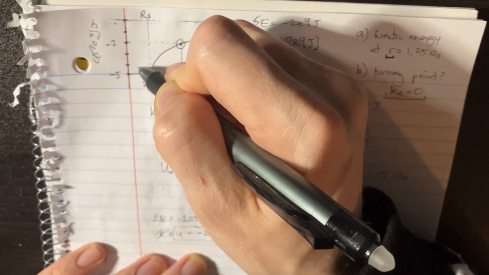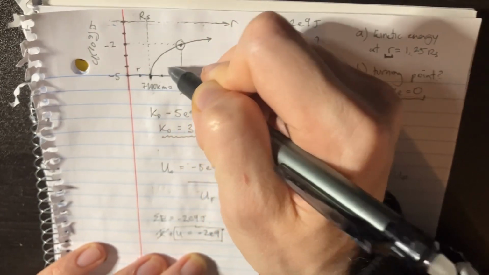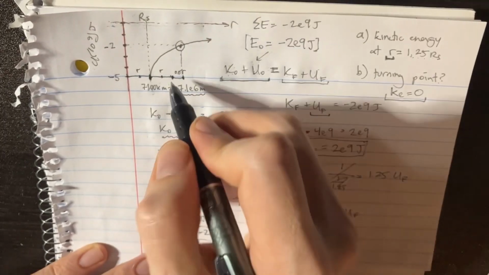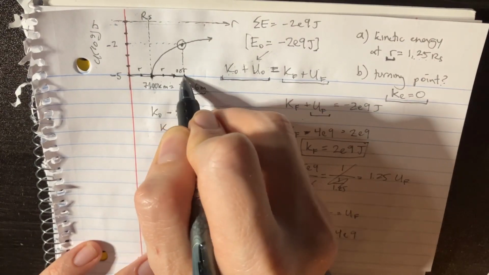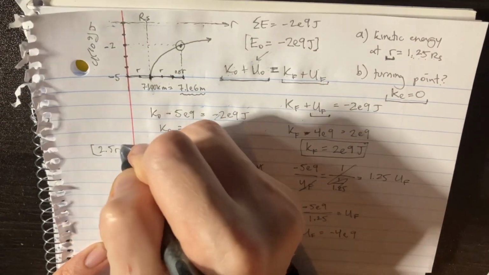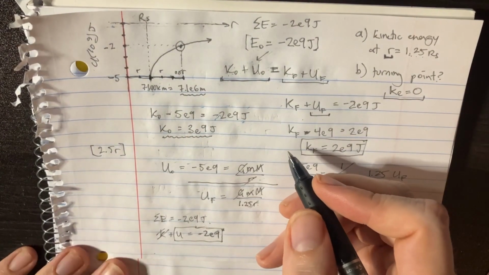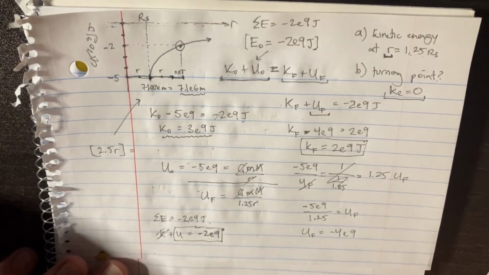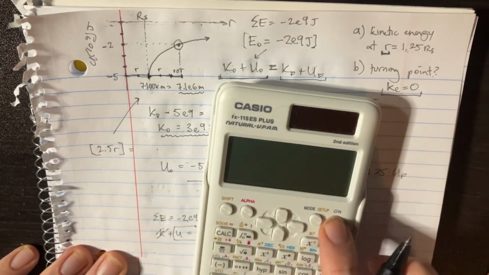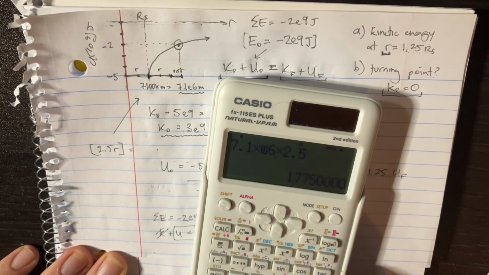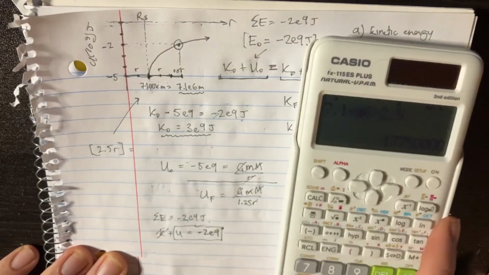So this is actually 1 R, and then this is another R, and then this is 0.5 R. So if we add those up, we get 2.5 R. And if we plug in that many meters, 7.1 e to the 6 times 2.5 gives us